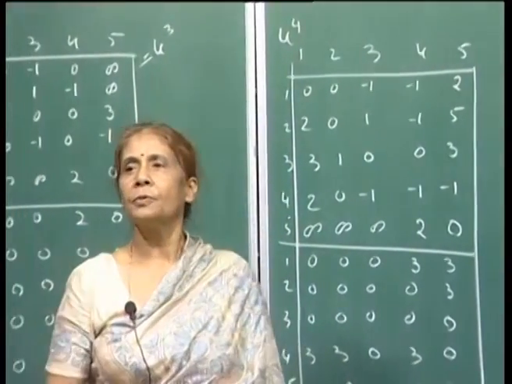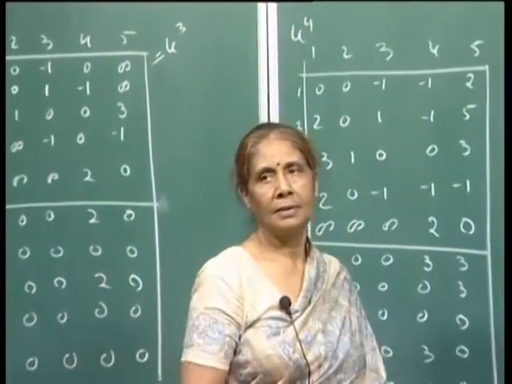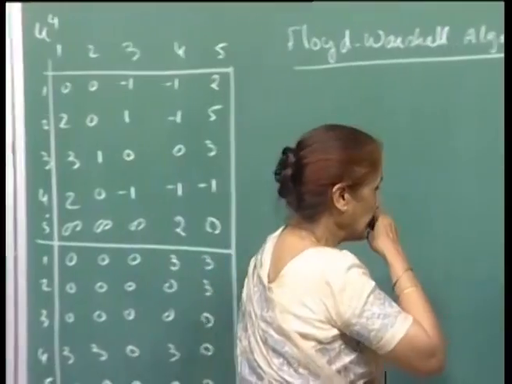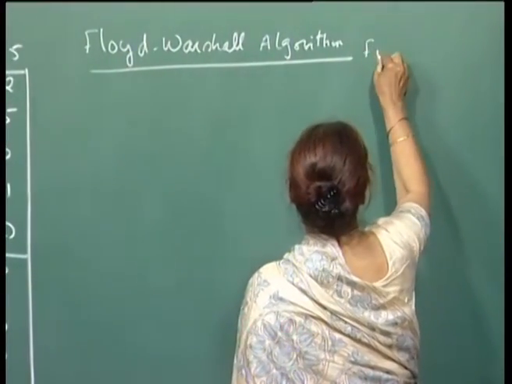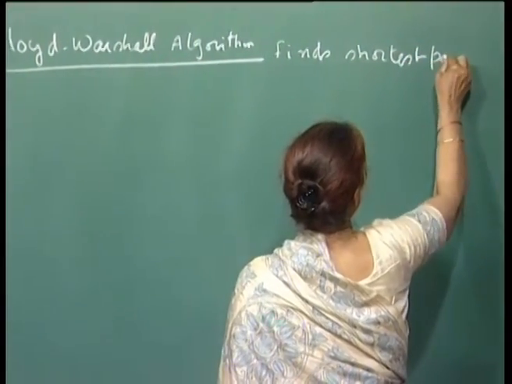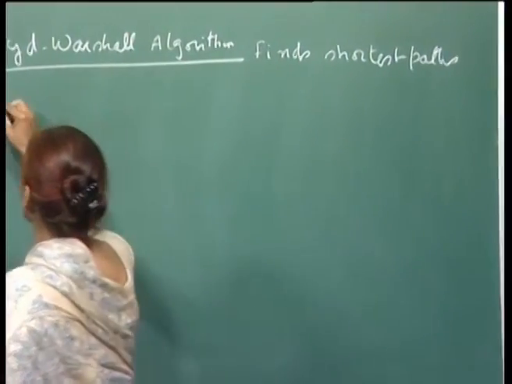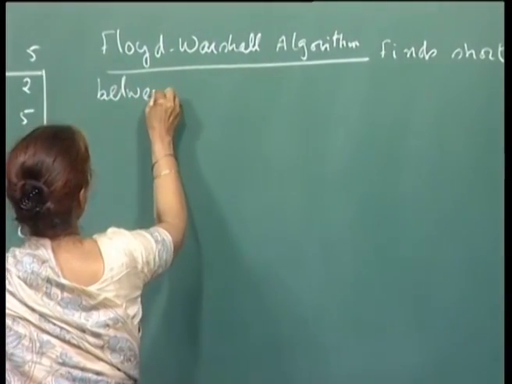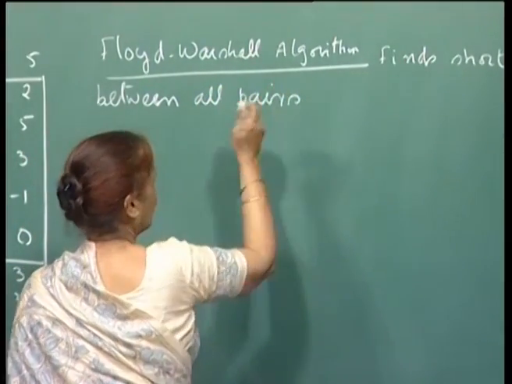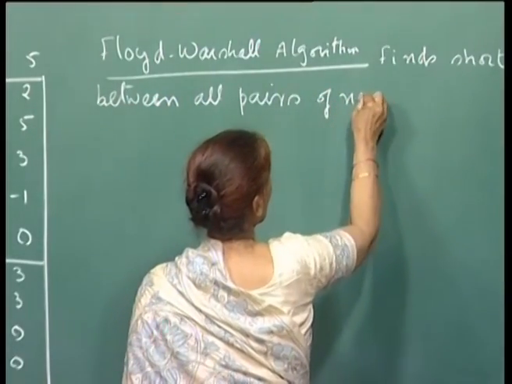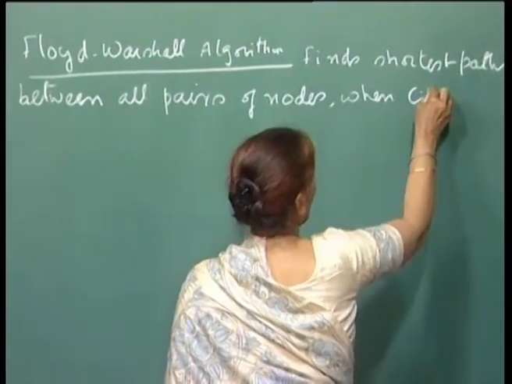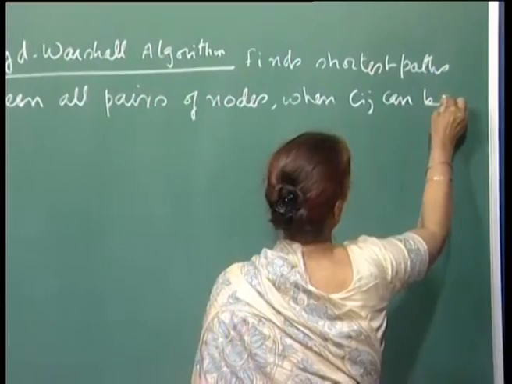So, let me now consider another shortest path algorithm where the Cij's are allowed to be negative, because in Dijkstra's algorithm we saw that the proof, the validity was dependent on the fact that the Cij's were non-negative, right. So, the Floyd-Warshall algorithm in fact finds the shortest paths between all pairs of nodes, not just one pair, all pairs of nodes, when Cij's can be less than 0,